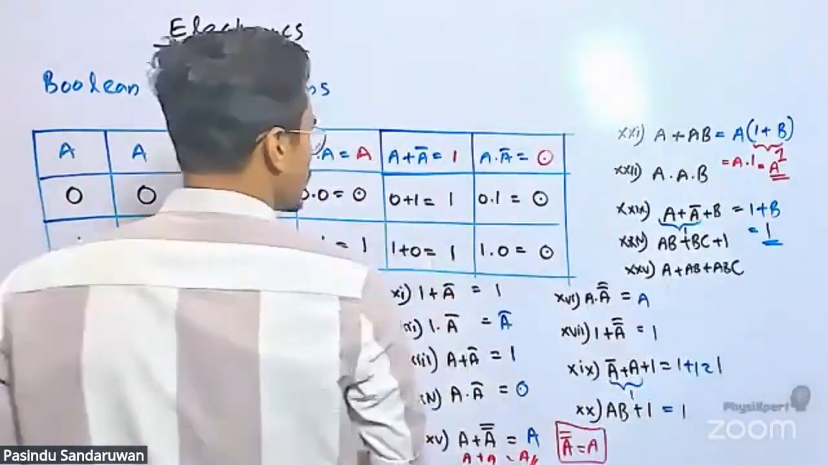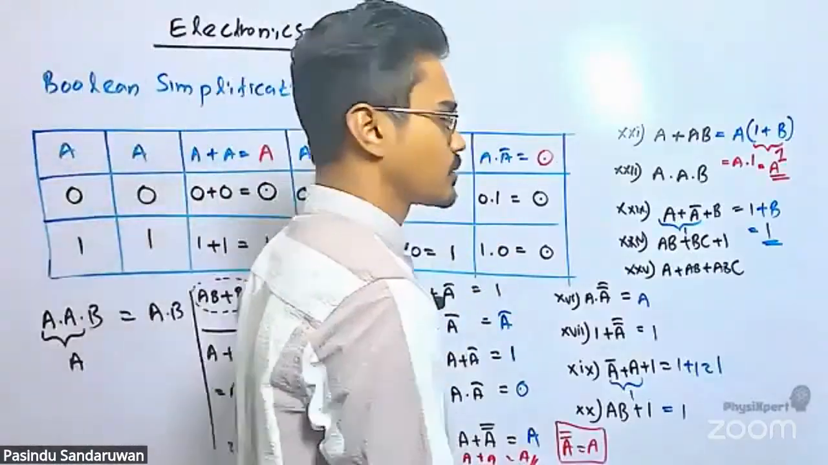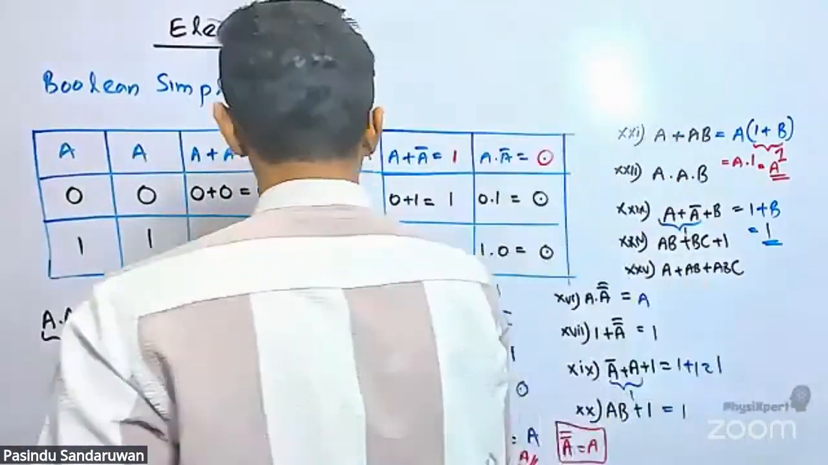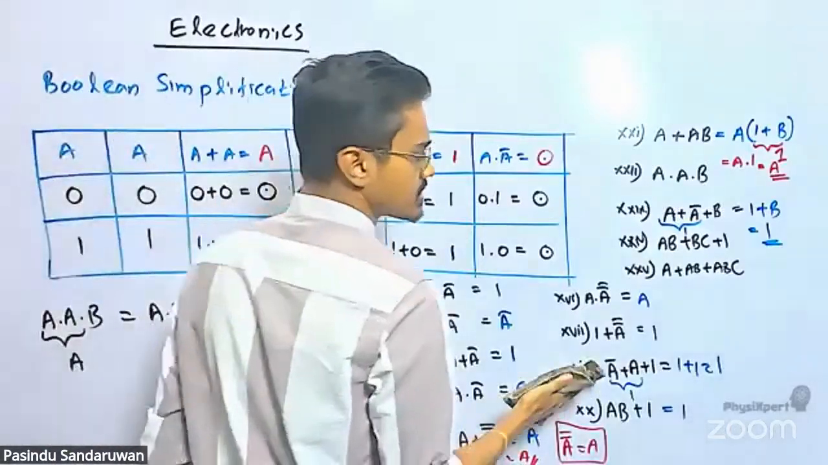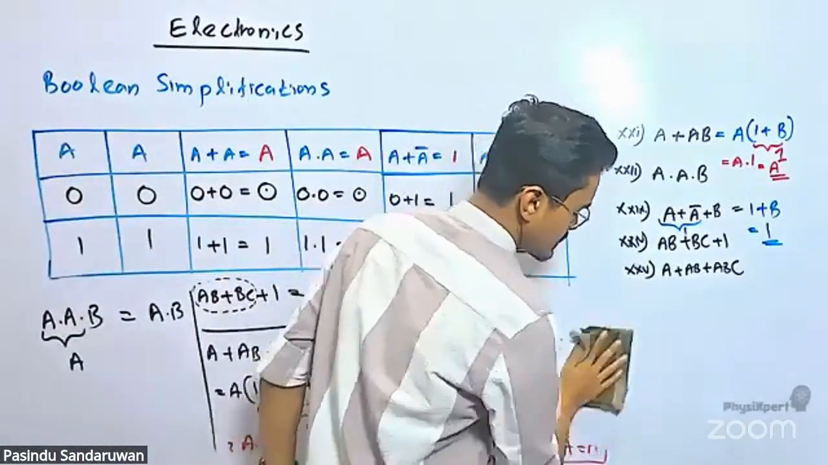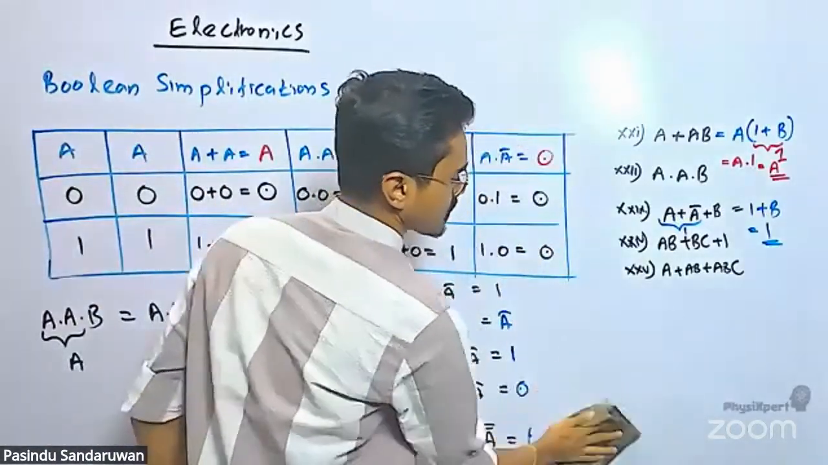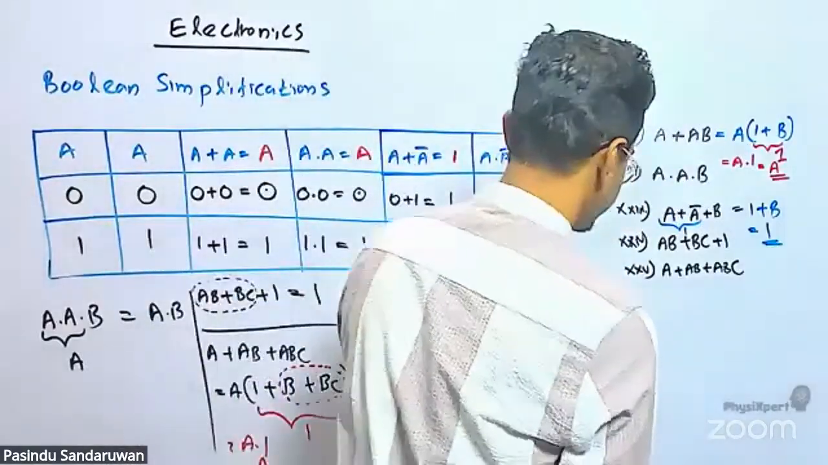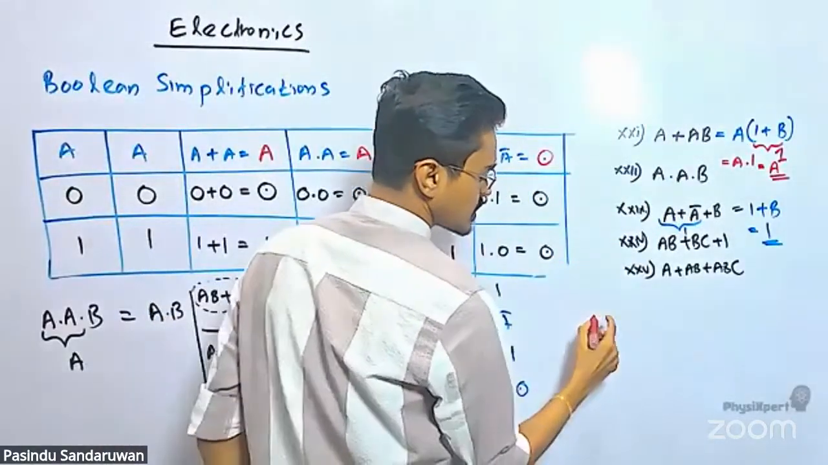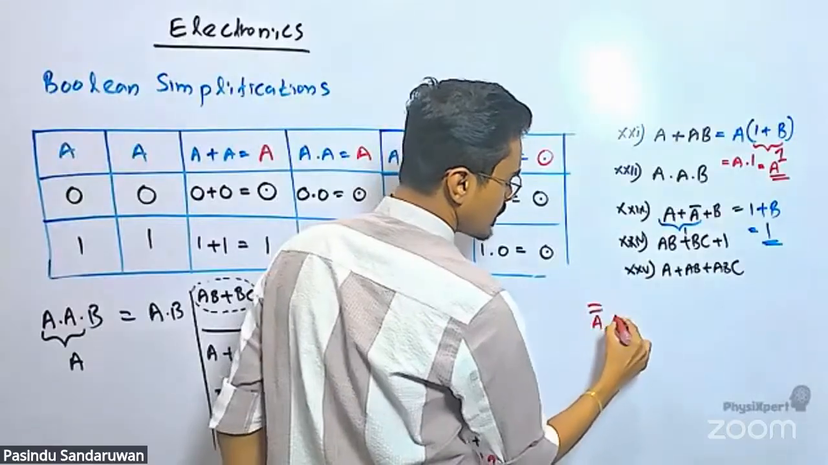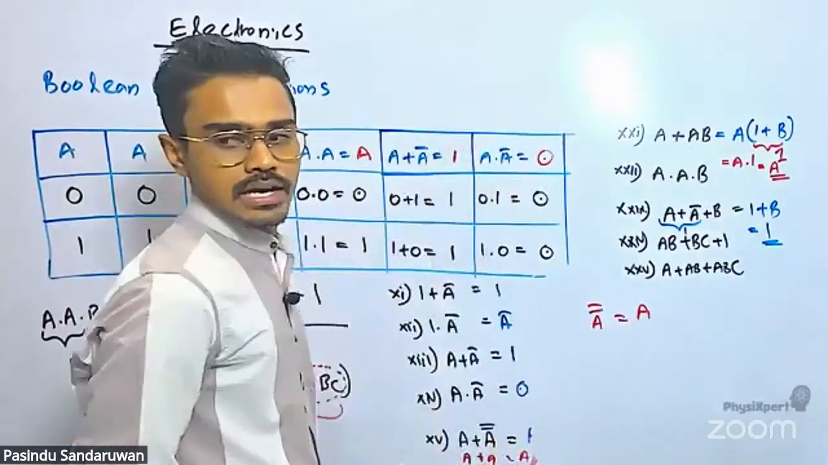Now, from these simplifications, I'm going to extract some special things. From these simplifications we did, we can extract these things. First one is about A double bar. A double bar is A. And the second one is